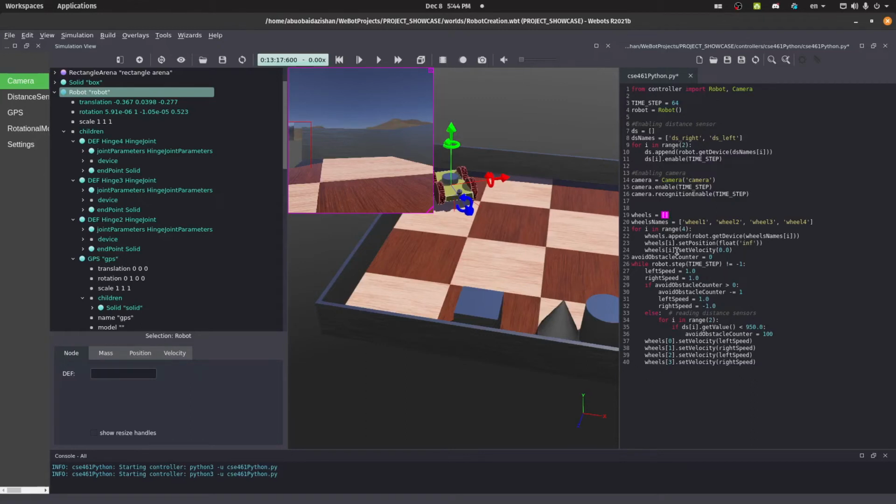So here in this code logic, the robot will keep going forward as long as it does not see any obstacle. As you can see here, the left speed and right speed is 1. As soon as it detects an obstacle, the right speed will become -1. So the left part of the robot will go forward and the right part will go backward. So that means the robot will keep going clockwise